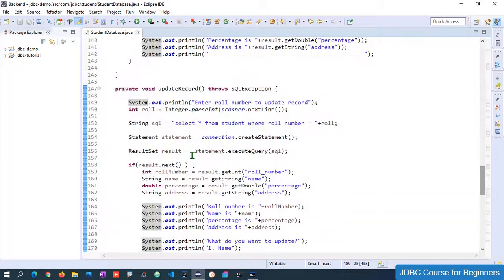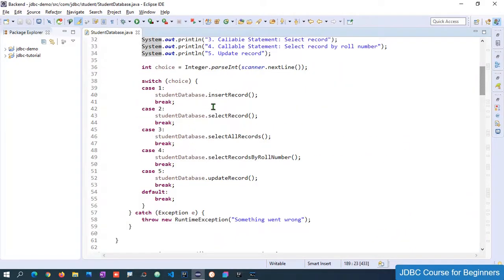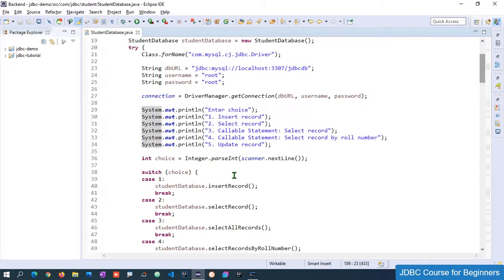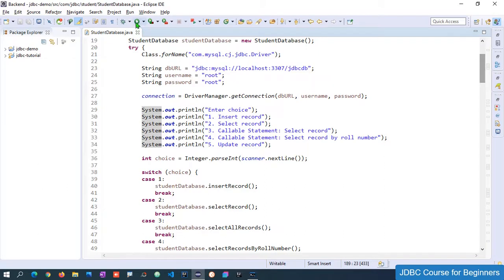Today in this session we saw how to perform the update operation, and we did insert, select all records, select record by roll number, and update. In the last session we are going to put this into one loop, so that the user will be able to perform multiple operations in a single run.